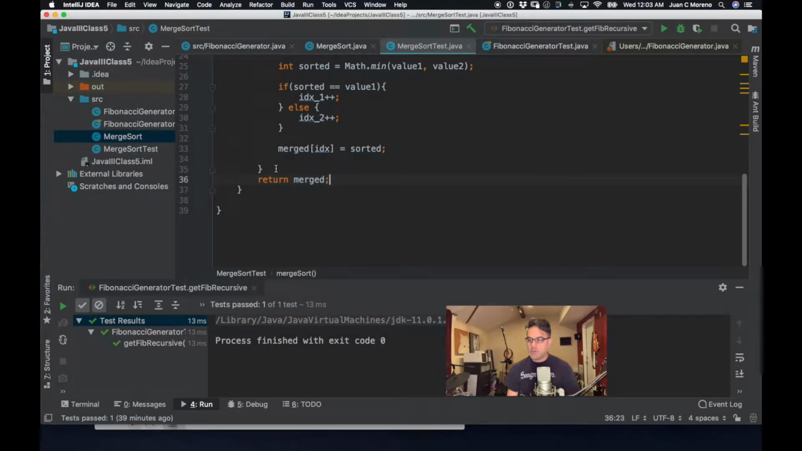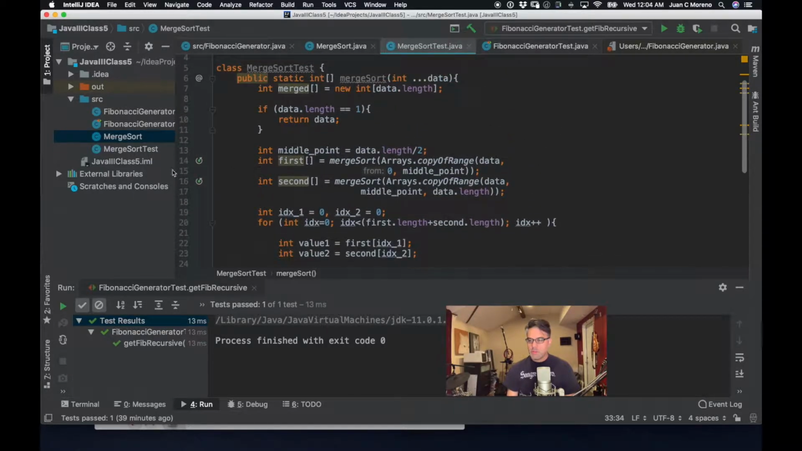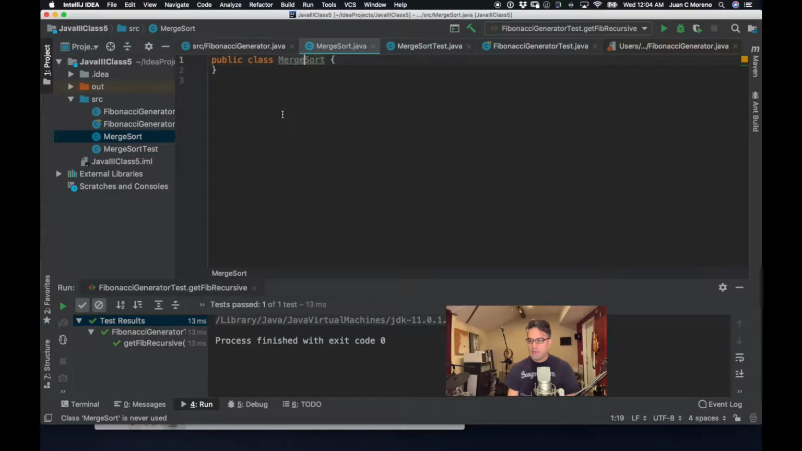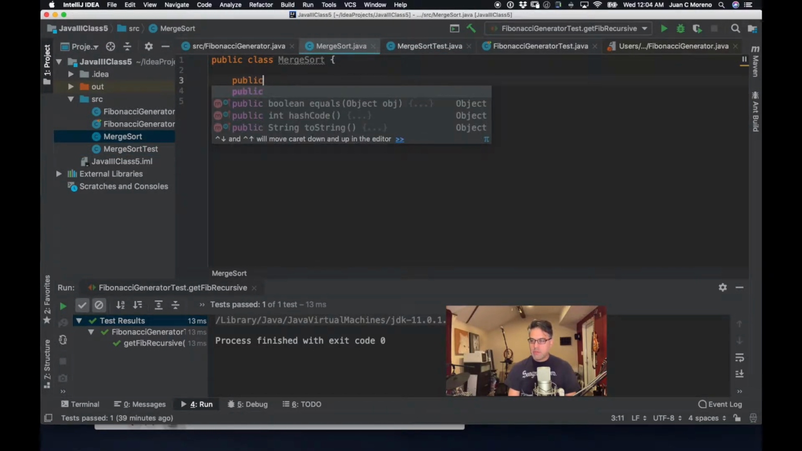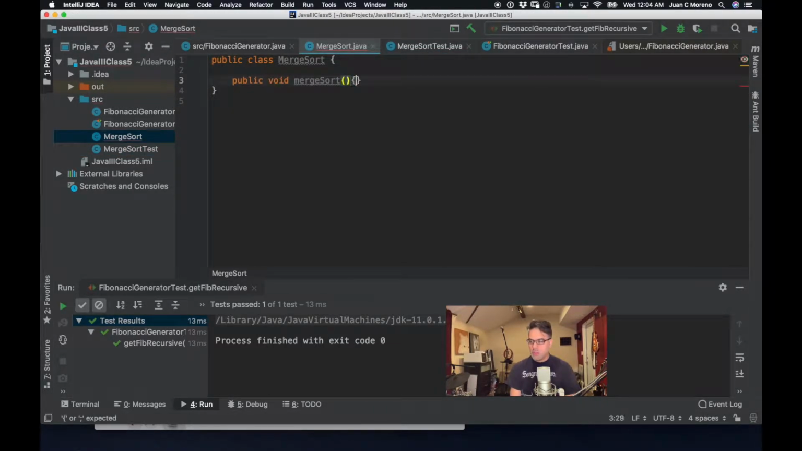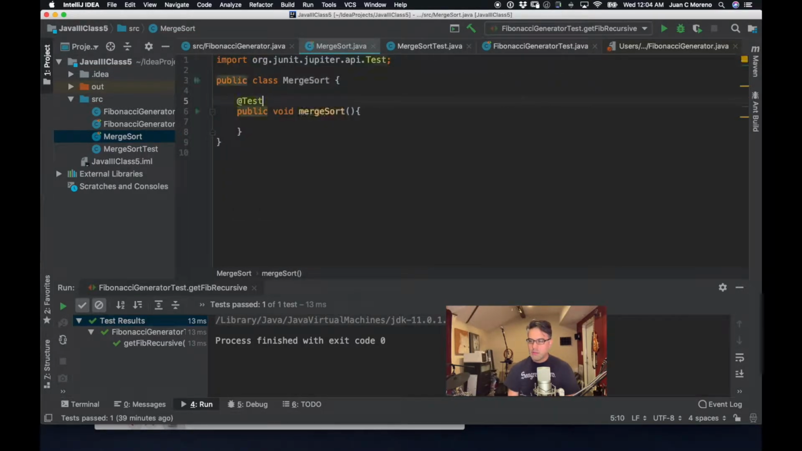We're gonna return our merged value like this, right? So if we're gonna be doing this guy, let's just call this the same method. Public void merge sort, and we're gonna also decorate it with a test. So we can now do merge sort dot,